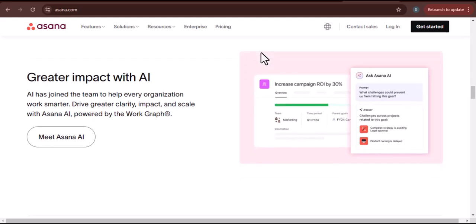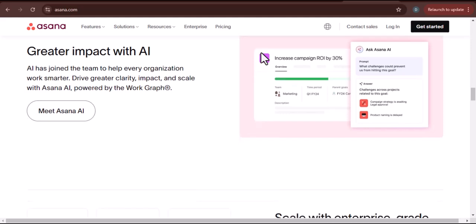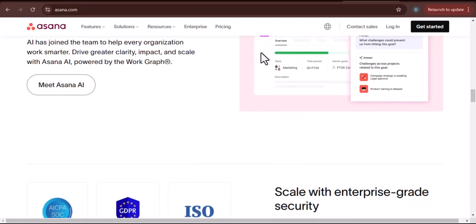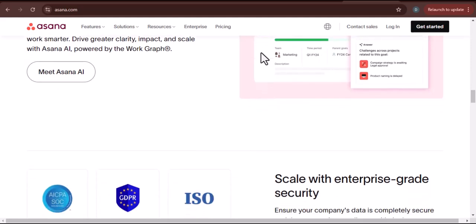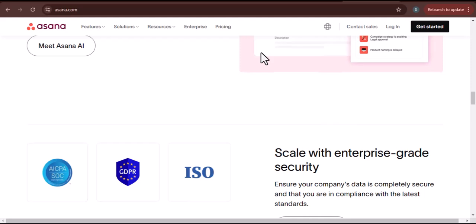We've all been there, right? You get an email from a team member asking for an update, and you have to scramble to find the right document or log into a specific application. It's time-consuming, frustrating, and often leads to miscommunication. Asana, on the other hand, centralizes all project-related information, making it easy for everyone to access the latest updates and